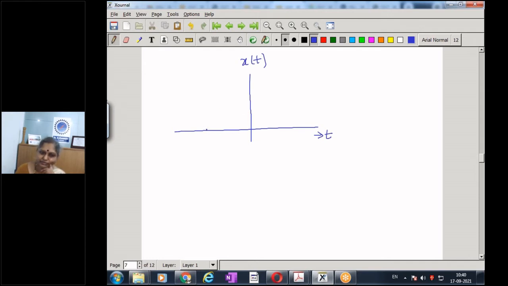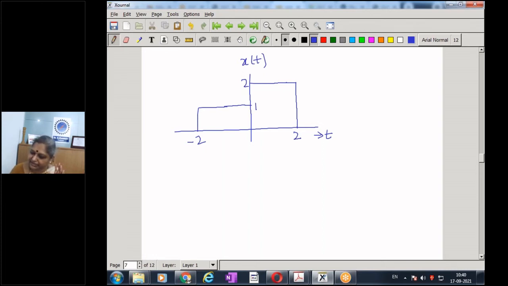Let us take a simple example first, and then 1 and 2. So now I want you to integrate this. I'll give you 1 minute. Please integrate and share the answer. I want the answer as a plot, because I have given you the plot. I want the integral of this function also as a plot. Please do it as a plot and share it.